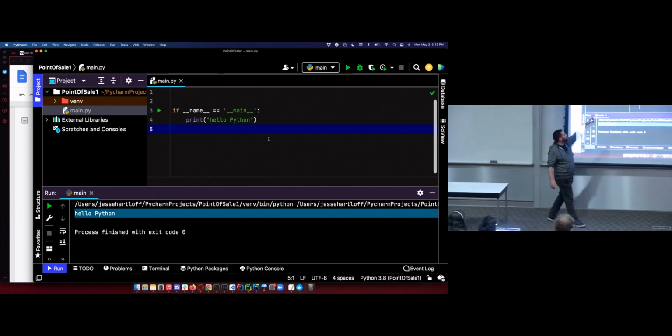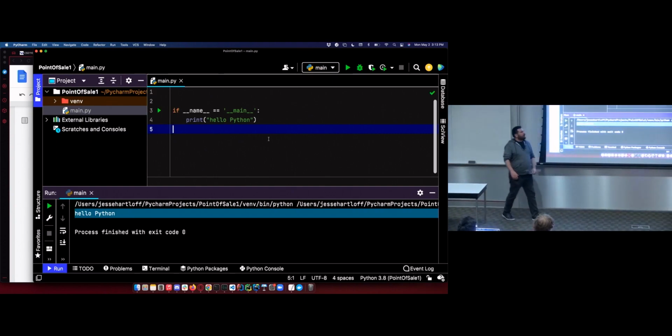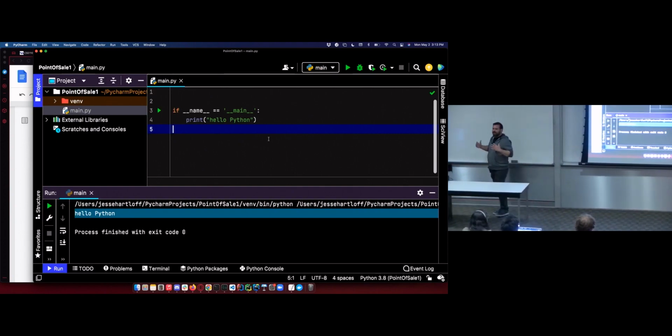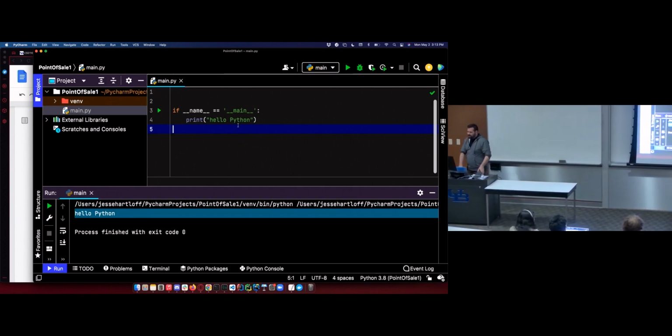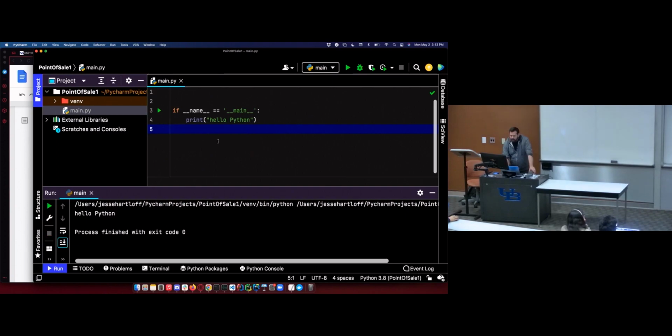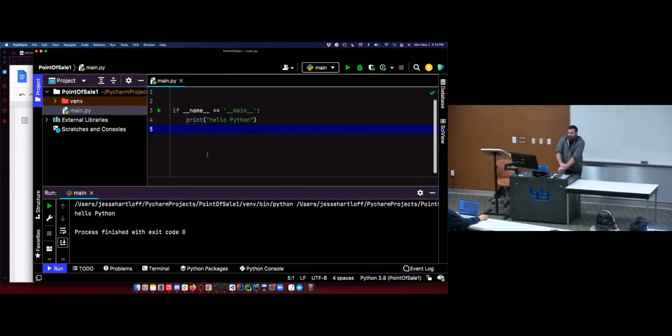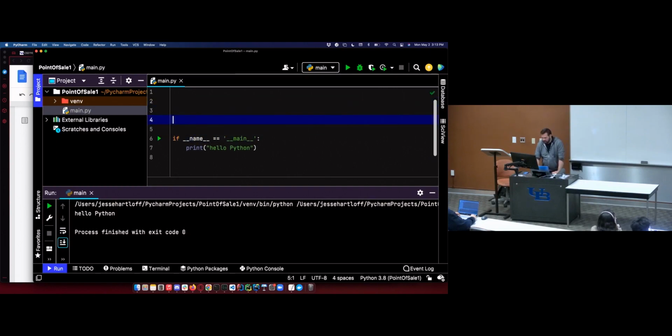And now I get my arrow in the sidebar here in the gutter, where I don't get that if I'm writing this as a pure Python script. So I want to write this as a Python program. I can run this, run the main method. The difference between these is this code. If I import this file from another Python file, this code will not be executed, which is the reason why we like main methods in Python. If we have this without a main method, and I say in another file, import main, it's going to run that code. It's usually not what we want, so we're going to throw it in a main method.